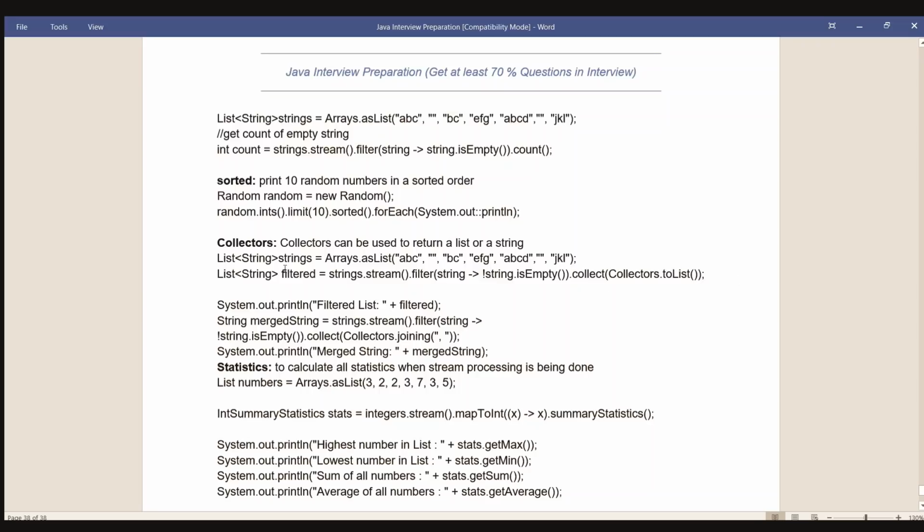Collectors can be used to return a list or a string. List<String> strings = Arrays.asList("abc", "", "bc", "efg", "abcd", "", "jkl"); List<String> filtered = strings.stream().filter(string -> !string.isEmpty()).collect(Collectors.toList()); System.out.println("Filtered list: " + filtered); String mergedString = strings.stream().filter(string -> !string.isEmpty()).collect(Collectors.joining(", ")); System.out.println("Merged string: " + mergedString);